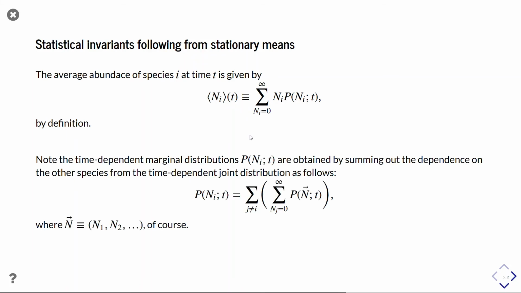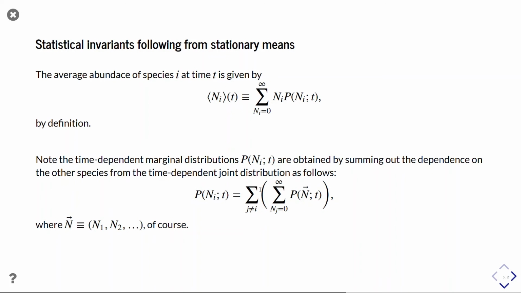And just a quick note on how we obtain the marginal distributions P of n_i from the joint distribution. The marginal distributions are obtained by summing out the dependence on all other abundances other than the abundance which we are concerned with. For example, if we want the marginal distribution P of n_i, then we run a sum over an index j, where j takes on all values from 1 to n, where n is the number of species, except for the value i, which is the species whose abundance distribution we care